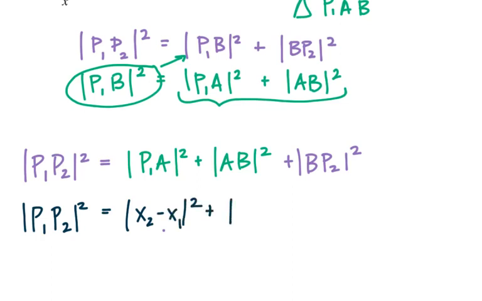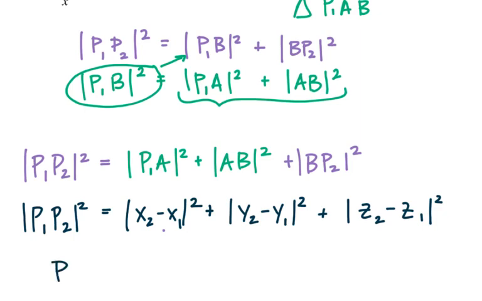AB squared is the same as the difference of my y values, and BP sub 2 squared is the same as the difference of my z values squared. Because these are all squared, we do not need absolute value bars anymore. And if I look at